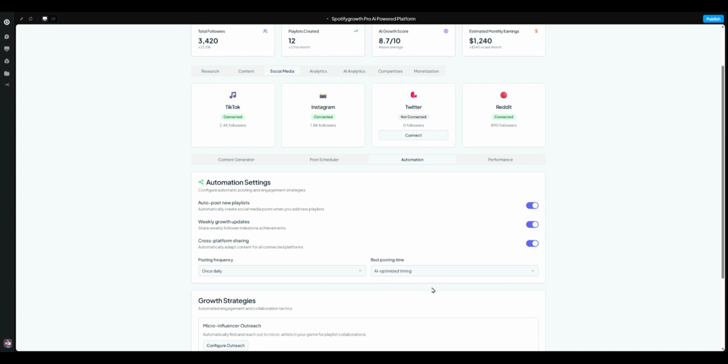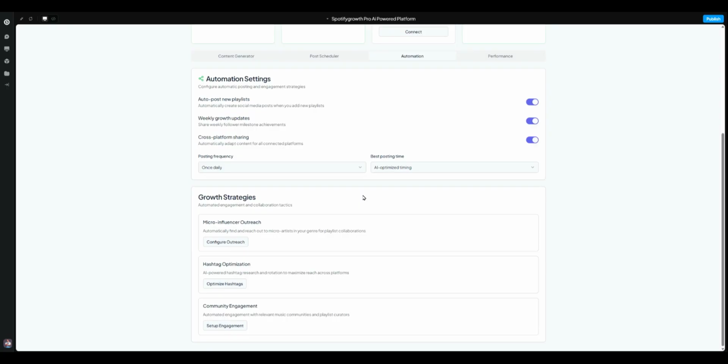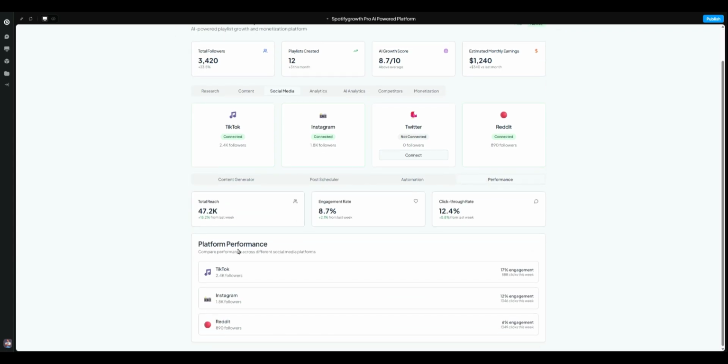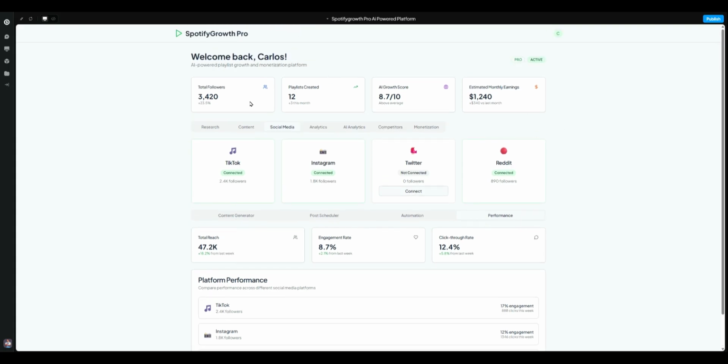It's going to tell you like the best time to post when it's most optimized for the group you're going after based on the playlist mood or songs. And you'll be able to track your performance, how much engagement is actually happening on TikTok, Instagram, Reddit, and any other platform that we decide to add in there. So you're actually seeing, without having to log into TikTok, how many people are engaging and what you can do to boost engagement. So just from that level, it's right there.